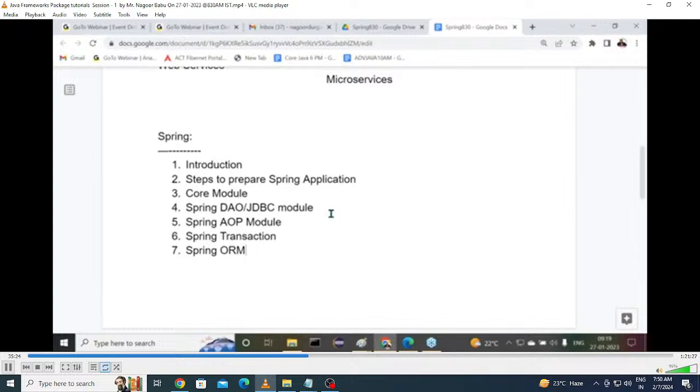Then in my alternative, what I want to do there, I want to prepare a Java bean object. Java bean class, Java bean object, I'm going to prepare an employee bean. I'll create an employee object. Inside this employee object, I will keep data: ENO, ENAME, ECL, EAD. Directly, I'm going to store that employee object into the database table without writing any insert SQL query. Just I want to use a Java method, that is the save method or persist method. Just by using save or persist method, the entire object I want to insert into the database table. Not required to write any SQL query, not required to write any insert SQL query.